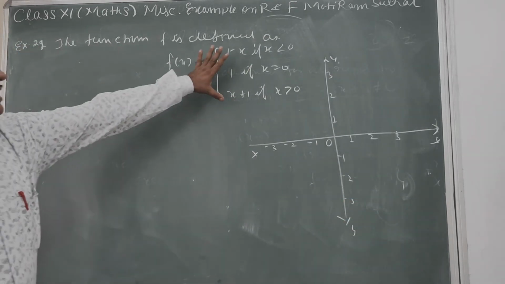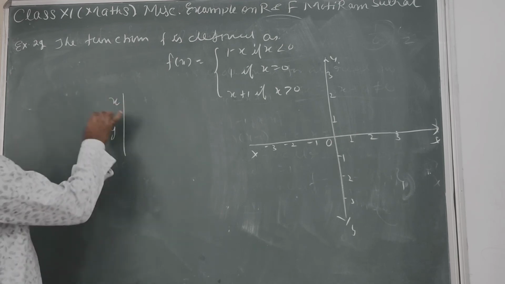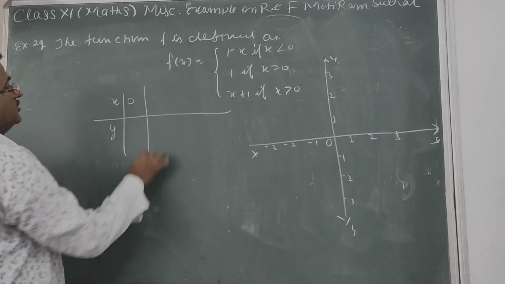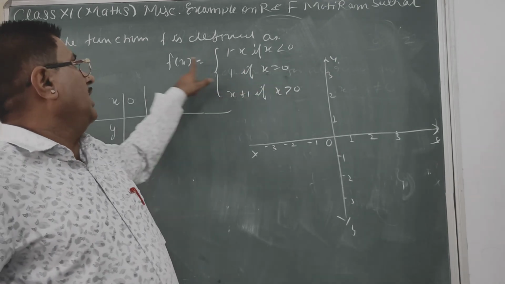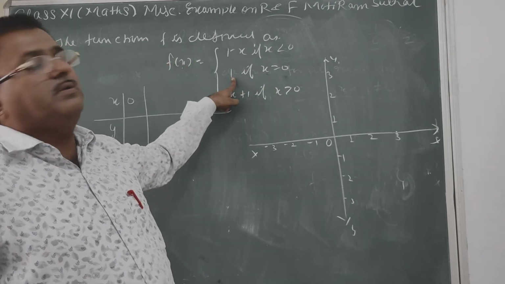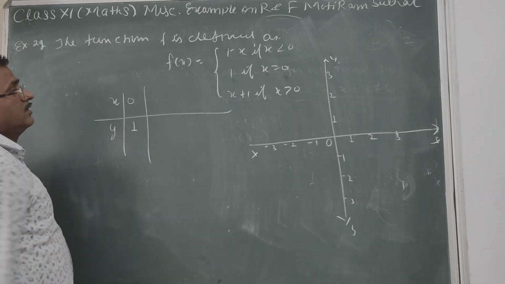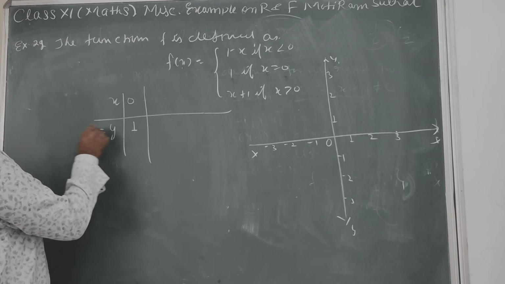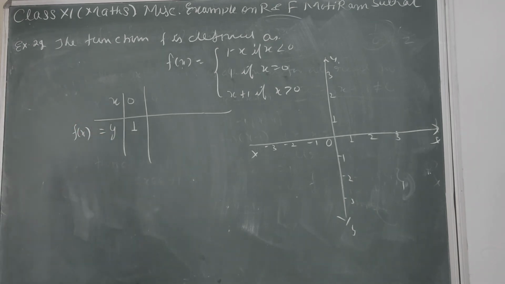So as they are given according to condition we draw the table x or y। जैसे x equal to 0 already given, when x equal to 0 value of the function f of 0 will be 1, so y means here fx, always fx is called as y।